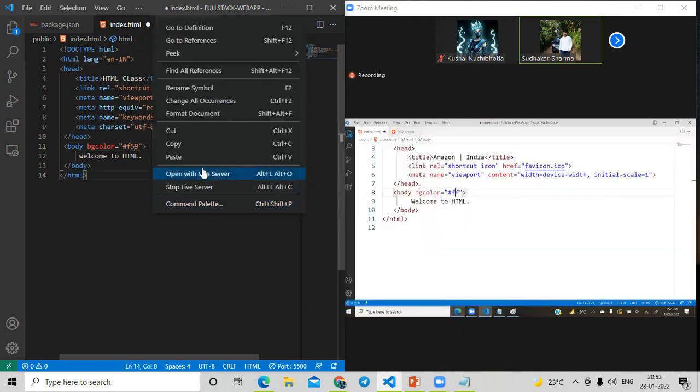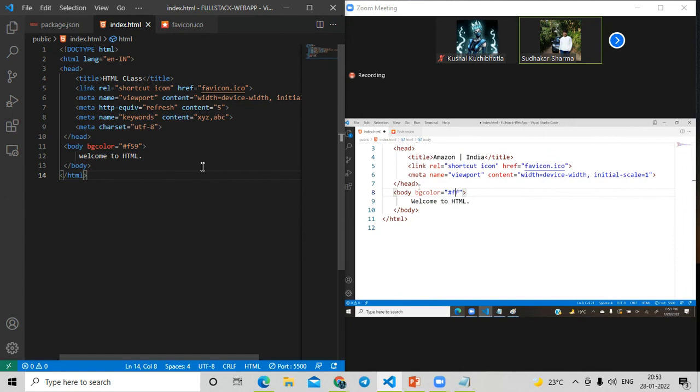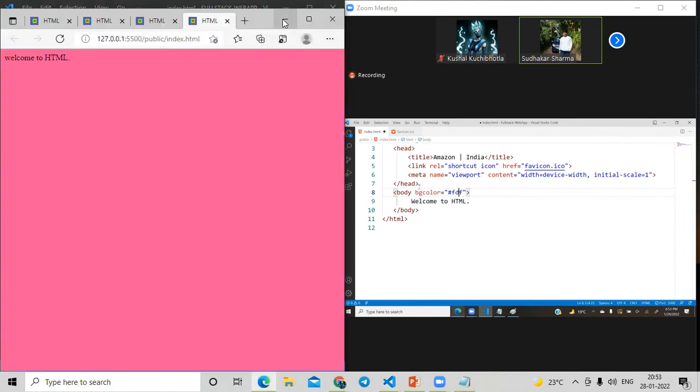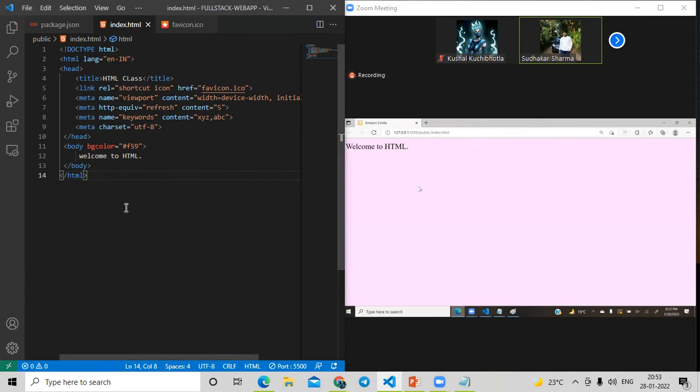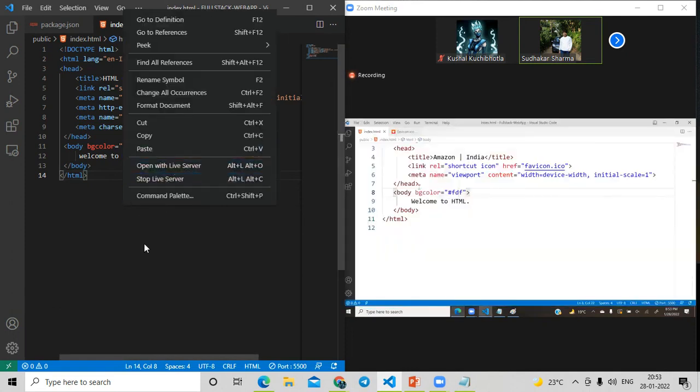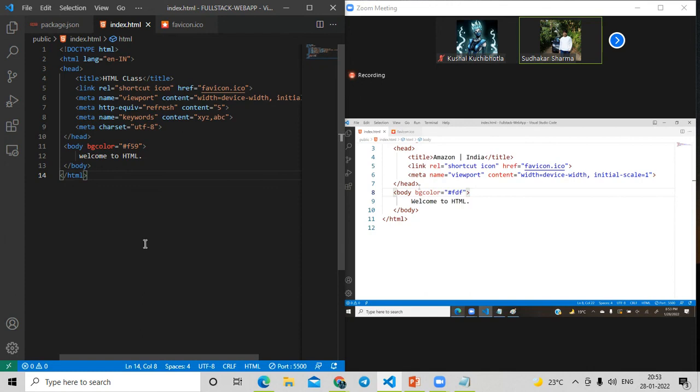Now I am using center. This is another one. Suppose I defined this as some D. That means gradually it changes the color. That means you have to mix the colors with these combinations. Remember, nobody can remember colors. Color codes also you can't remember until or unless you are using them regularly.